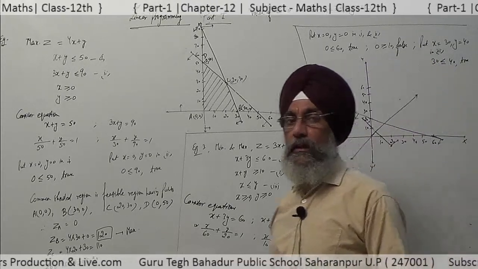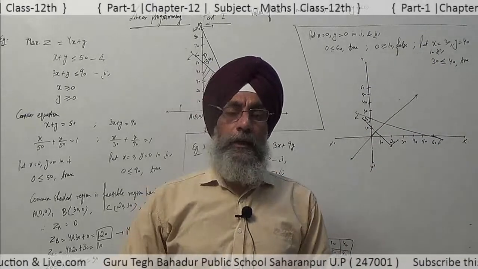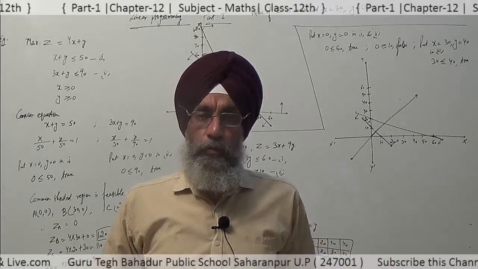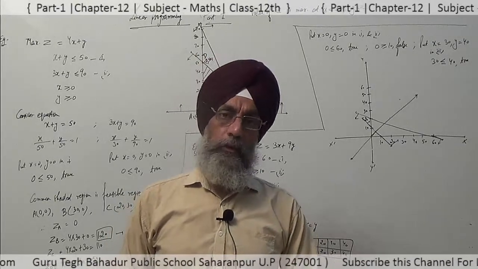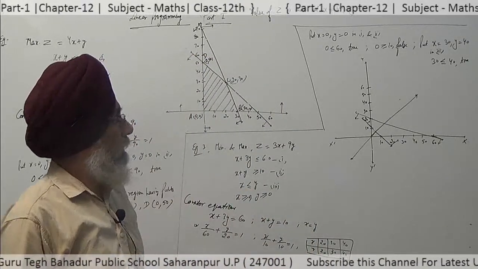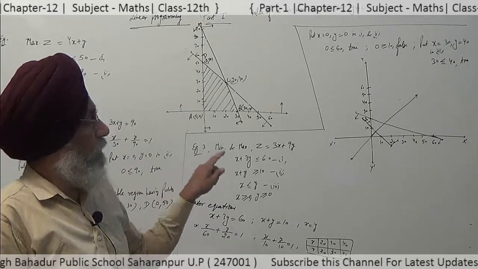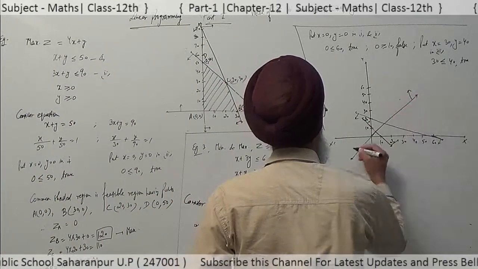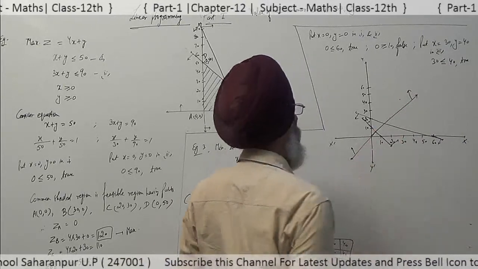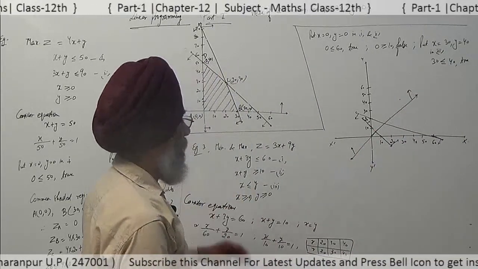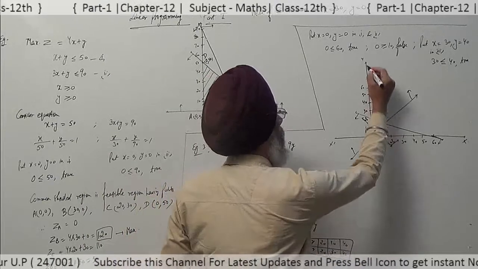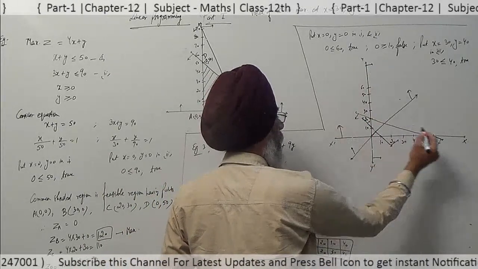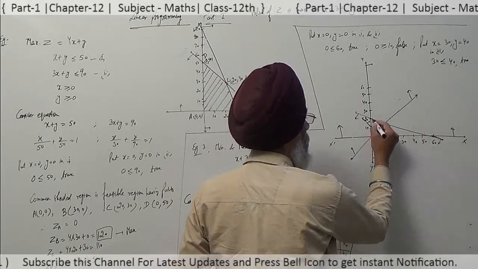We have taken a point and checked whether the given inequation is true or false. We have taken x as 30 and y as 40. It is true for that point. It means that point lies within the shaded region of this line. So, we have to move towards this point. Now, x is greater than or equal to 0, this side, y greater than or equal to 0, upper side. So, the common shaded region becomes this,